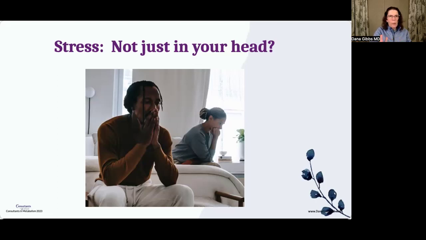The other thing is that we humans are the only species that has evolved the ability to worry about things that we can't control or about things that have not even happened yet. Chronic thoughts about, oh my gosh, the economy is crashing, or possible life events like, what if I get cancer? What if I get robbed? What if I can't pay my bills? This chronic worry results in just as much stress as if the bad situation was actually happening to you.